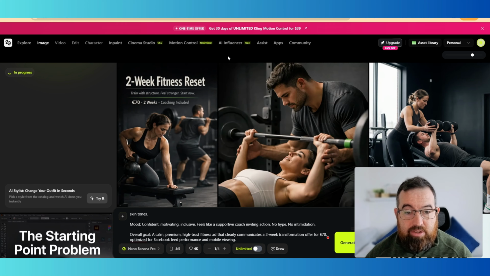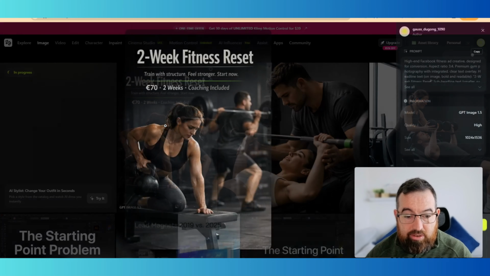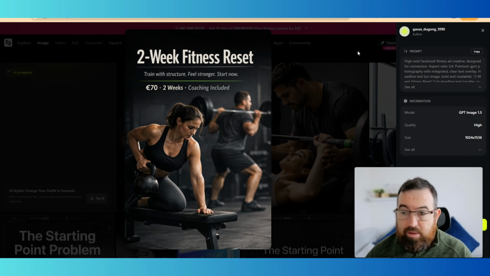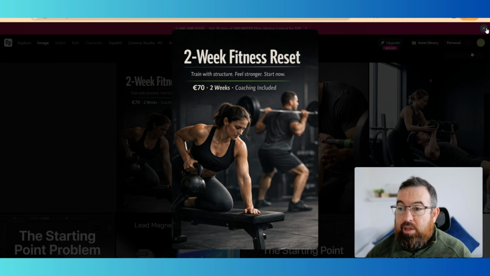2 week fitness reset, train, restructure, feel stronger, start now. €70 for 2 weeks, coaching included. That is your ad, that was ChatGPT, I think it was done through. We can change this if we wanted to, make it a little bit more different. Only problem I can see in that image at the moment, I think, is your man in the background seems to be holding that. Looks a bit strange, but maybe not. And then we have